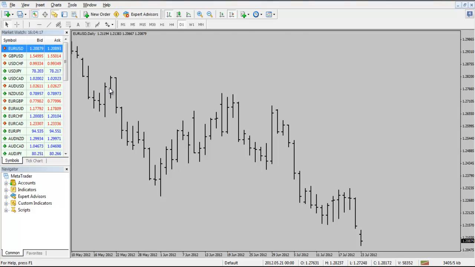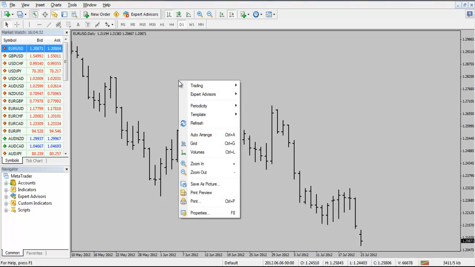Now, if you want to change the colors of the bars and the colors of the candles, and maybe even the color of the background, we can do this by going to the properties. To do this, simply right click on the chart, and you can see a drop down list appear with several different options. We don't particularly want any of the ones at the top here, but we do want to go down to properties,